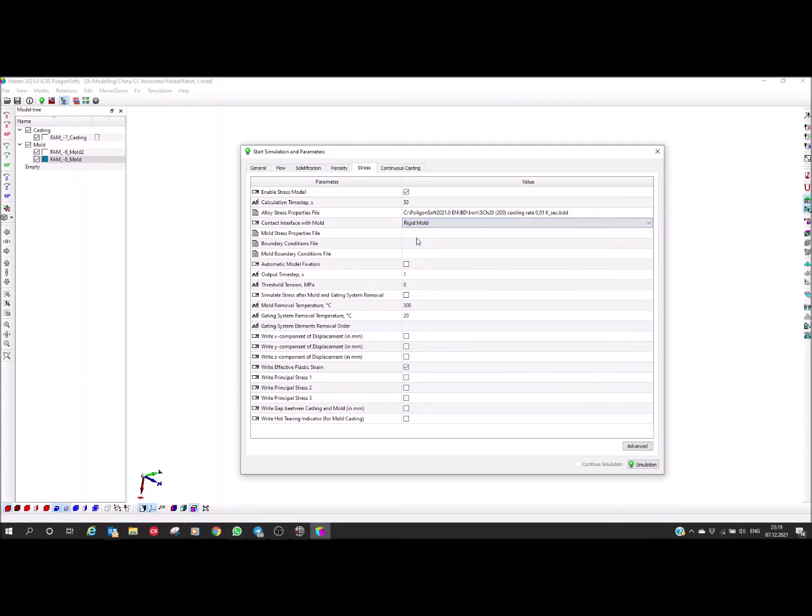If we select it, we don't need any mechanical properties, any stress properties for the mold, and we don't need any additional boundary conditions for the mold. It's a very simple and effective way to simulate stresses in casting, taking into account contact between casting and mold. Now I need to set up the output time step, and